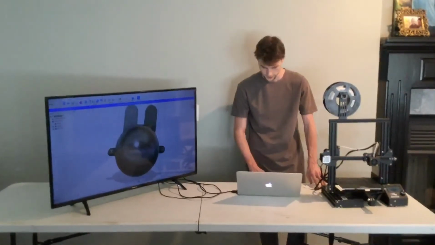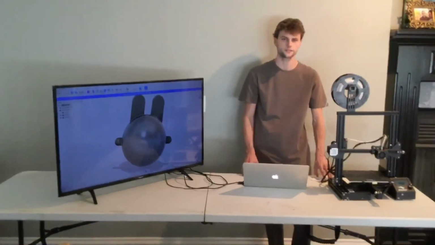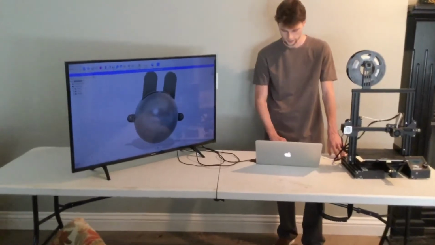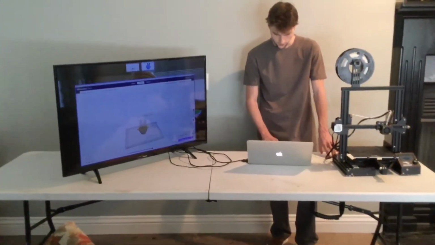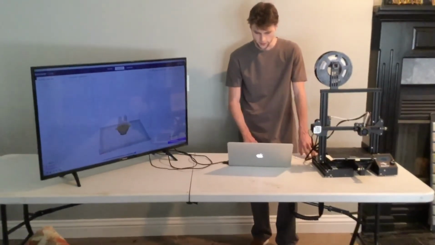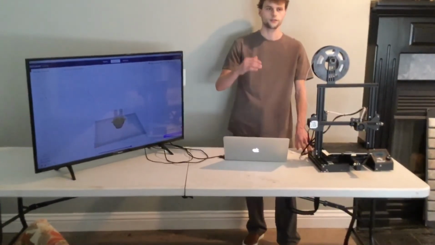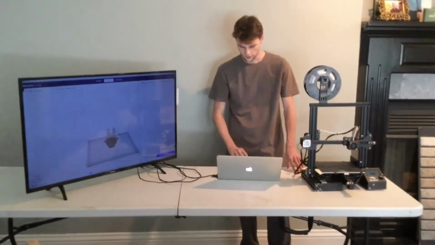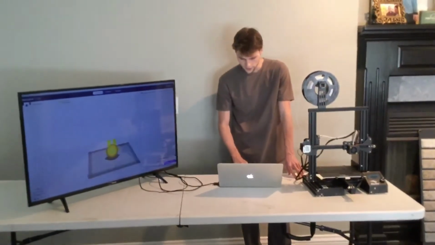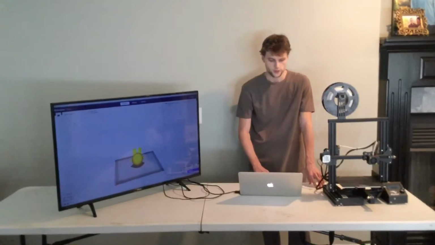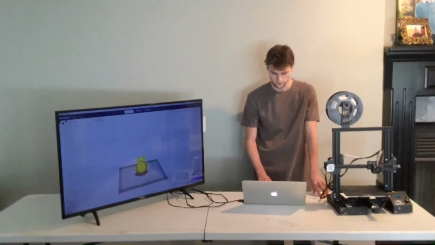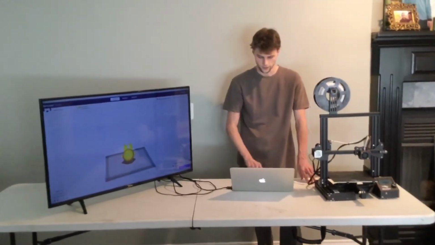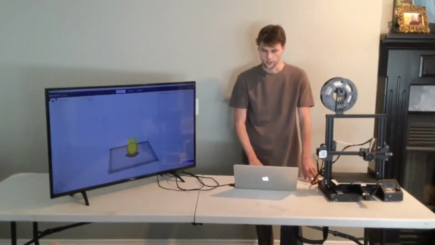lines and surfaces. And then from here we're going to want to make an STL file, or another file that your slicing software is going to be able to translate. And then we'll go over here into our slicing software, and in our slicing software it actually slices this object into a bunch of different layers and then prints them on top of each other. So if we look here, this is where we would prepare the object, so we would import that STL file into this little window right here,